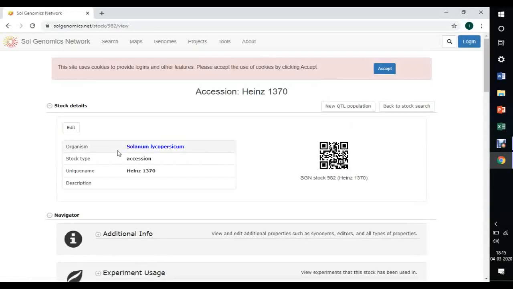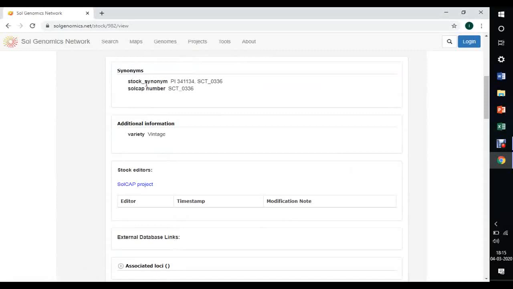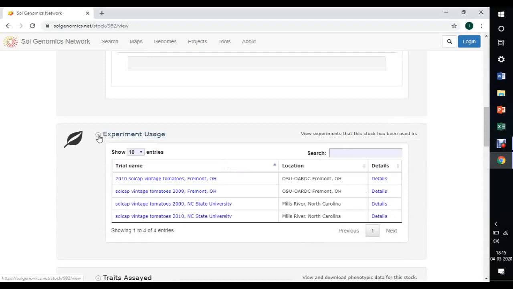You can see the details of the stock, its unique name, and other details. You can also see the QR code for that stock. You can also view additional information like synonyms, stock editors, associated loci, and the stock used for some of the experiments.